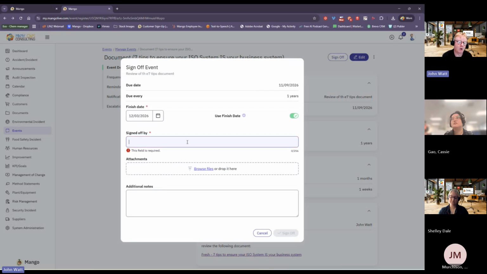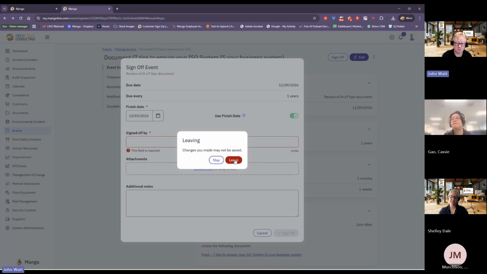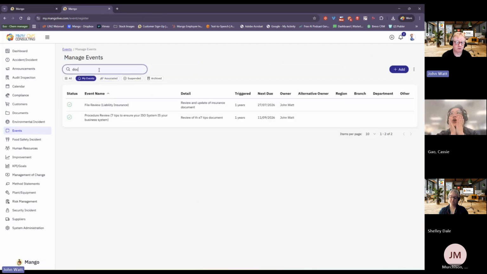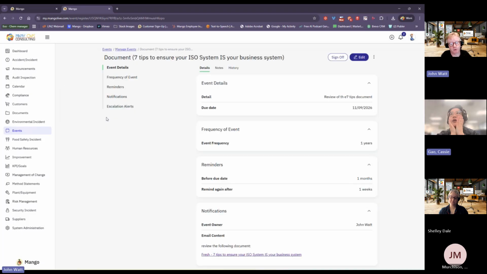That's the thing, how can they be synced? Because at the moment your process may be reviewed halfway through the review period of a document or a policy attached to it. If they can be synced, then it's saving a lot of time. Completely. You can do the sync in the back end when you set up the event. You just set the dates, but if they come through and some are out of sync, you can just go and find the other ones in the event register, search for them in the events, and sign them off as well.